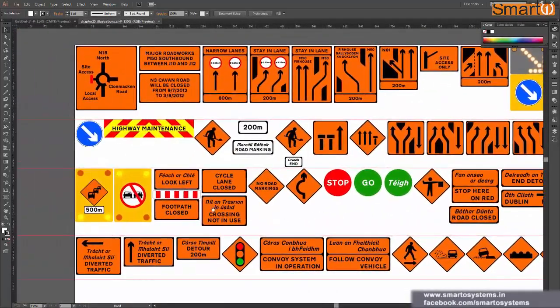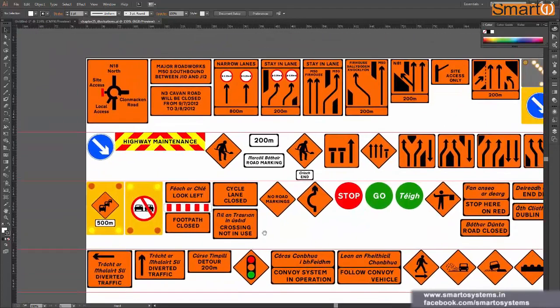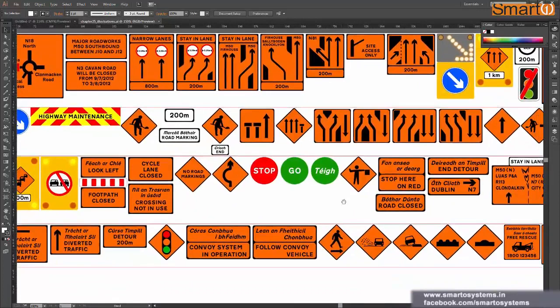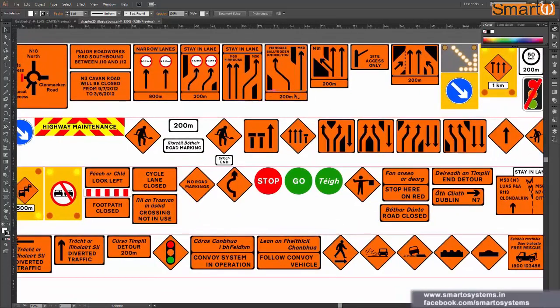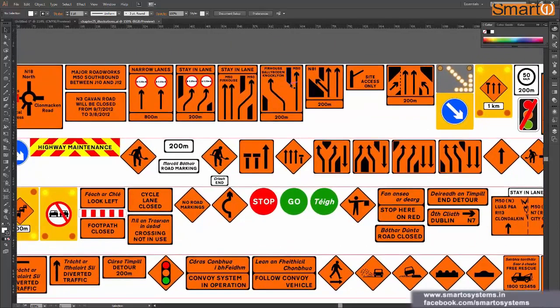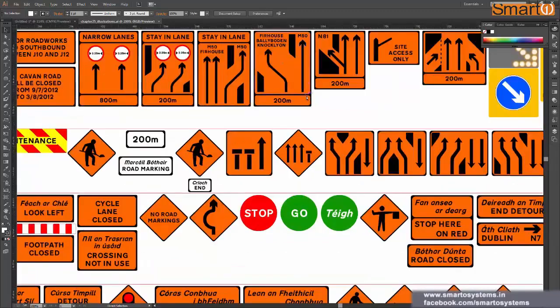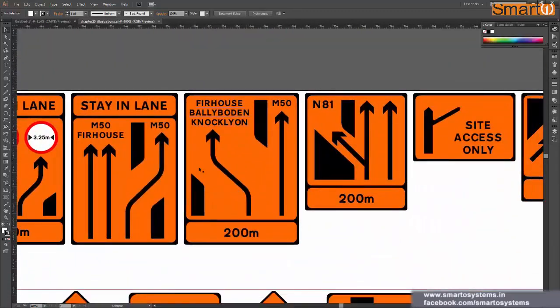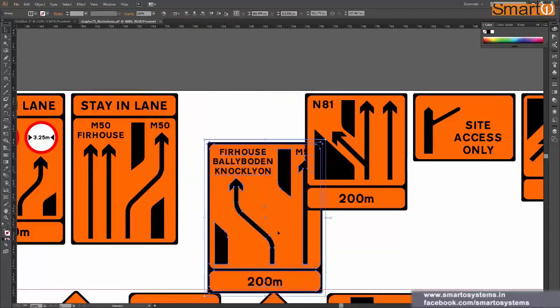As you can see, I have my guides over here, and I have so many shapes in here, and if I want to move this whole thing, it's a good idea to group all these shapes together rather than selecting all of them again and again and moving them. I think I have grouped them already, and I can just select and move them.